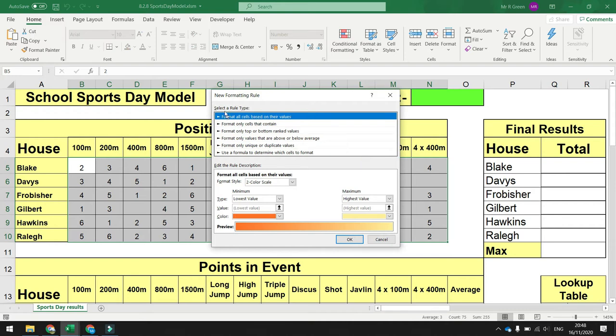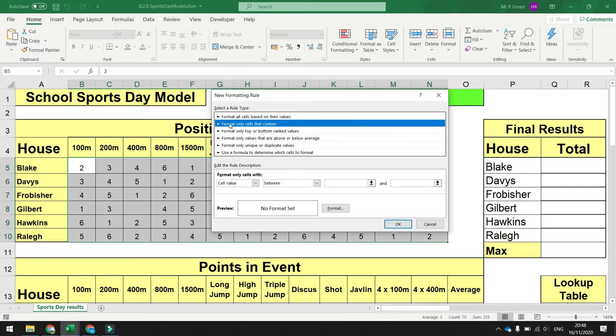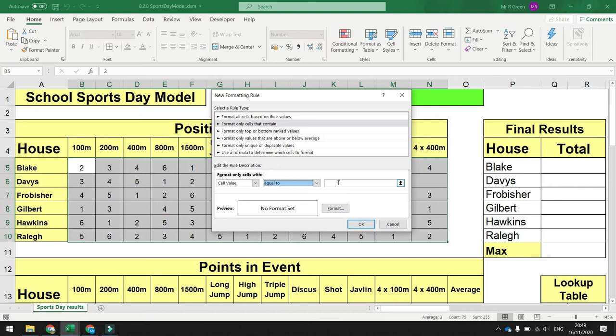I want to select a rule type, and the rule is format only cells that contain. And then if you look down the bottom here, this changes depending on the choice I chose at the top. It says format only cells with the cell value between. Well, I'm going to change that to say equal to. There's various different options you've got here. So I'm going to say equal to, and the position I'm interested in is first. So if the cell value is equal to 1, it's going to format it the way we